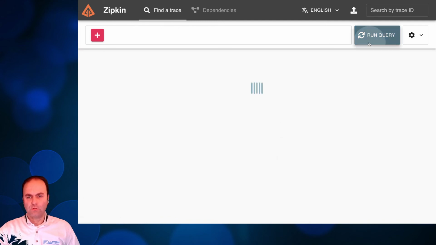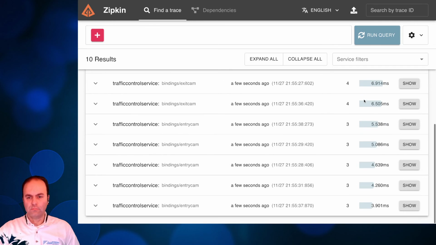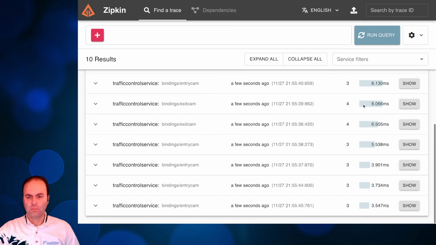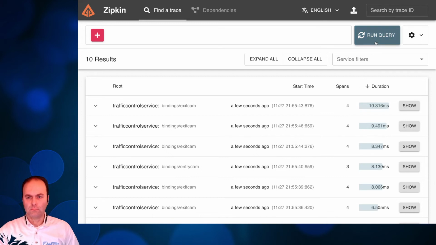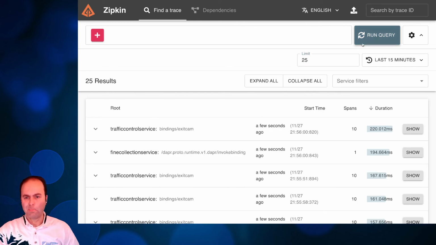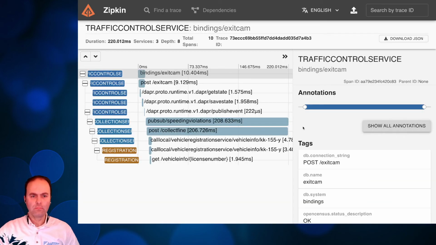And we have the situation where somebody drove too fast. Let's wait for that to happen. Of course, it doesn't happen at this point. Yeah, then we have one.